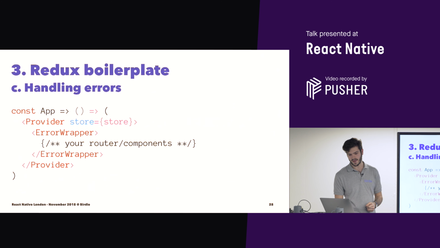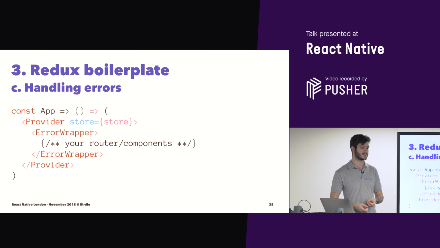And last but not least, how to handle errors. So what's the best way of handling errors in any program? Probably with a try-catch, which no one likes, basically. It's still a lot of boilerplate. You have to try, you have to catch, you have to do something on every single catch. It's very painful. So the way we do that with Galette is you have an error wrapper, which is a